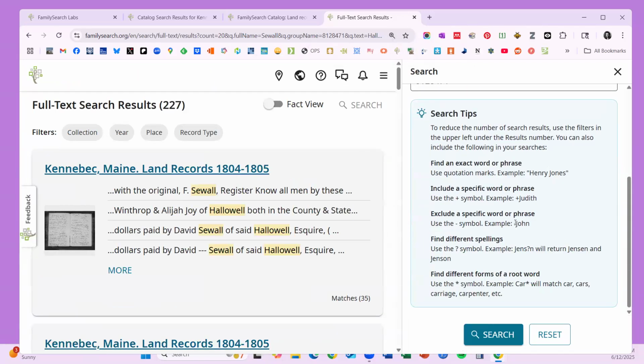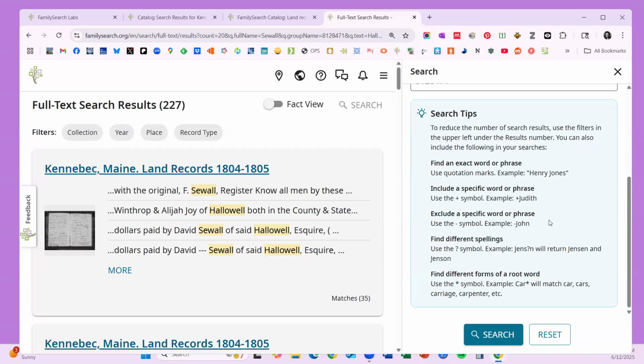The other really handy one is if you put a minus in front of something, it will exclude those records. So if you've got somebody you don't want, let's say they want Zebulon Hill, the Cooper, not Zebulon Hill, the farmer, I can put minus farmer. That would eliminate, if he's selling land to Robert Smith, farmer, at least in some cases,